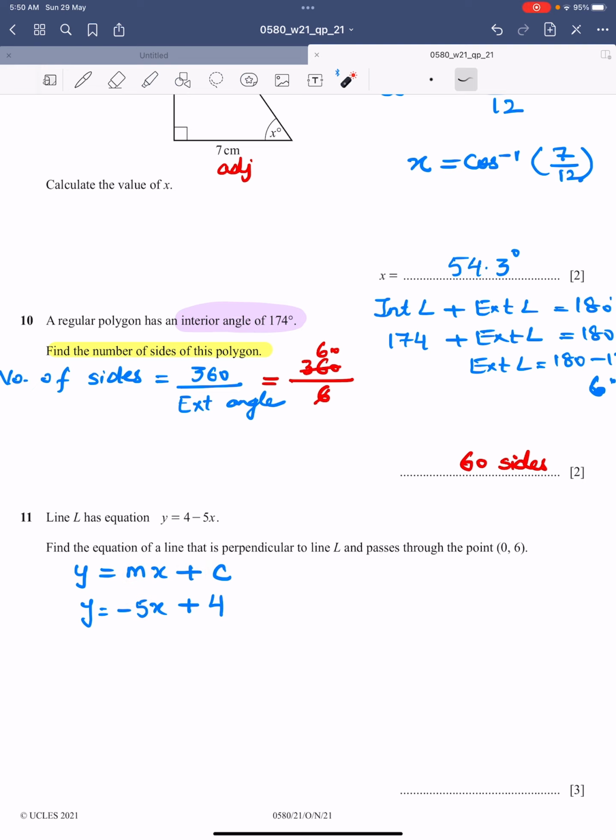Now the question says find the equation of a line that is perpendicular to the line L. So if this line is called line L, we need to find the equation of another line which is perpendicular to line L. So how do we use this line to find the equation of the perpendicular line? Well, there is a relationship between the gradients of lines that are perpendicular. The gradient of this line is -5. Therefore, the gradient of the perpendicular line